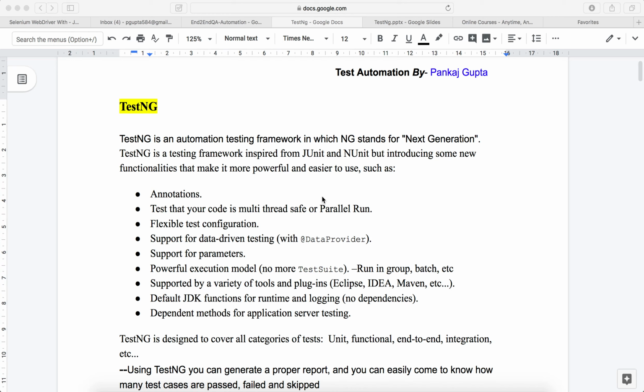Fine, let's go ahead. So TestNG, you can see that I have given some small notes. TestNG is an automation testing framework in which NG stands for next generation. This is all theory part, so no need to worry. We'll see practical as well. This course is more about practical and less theory, but once I explain the practical, the theory will be